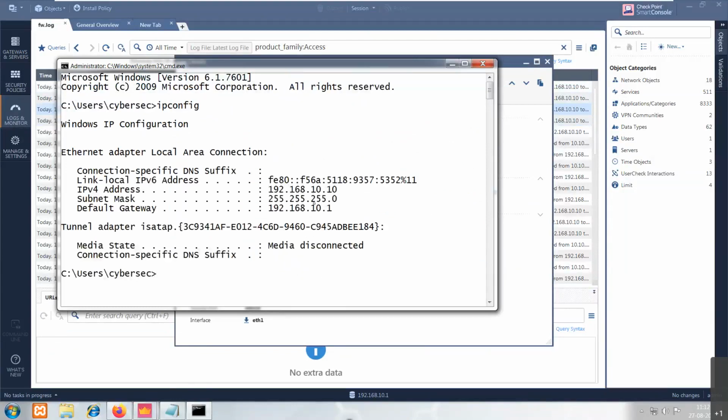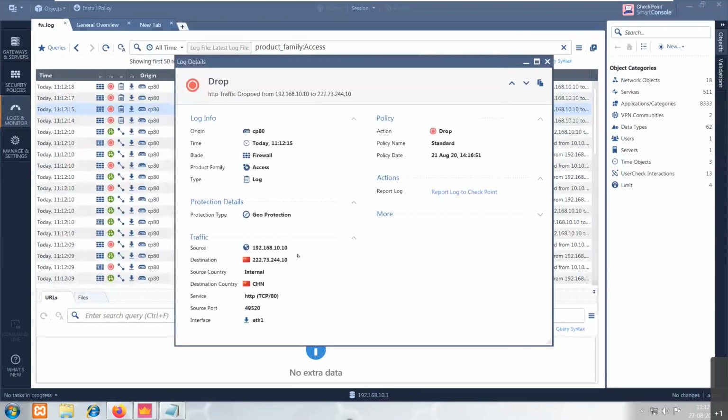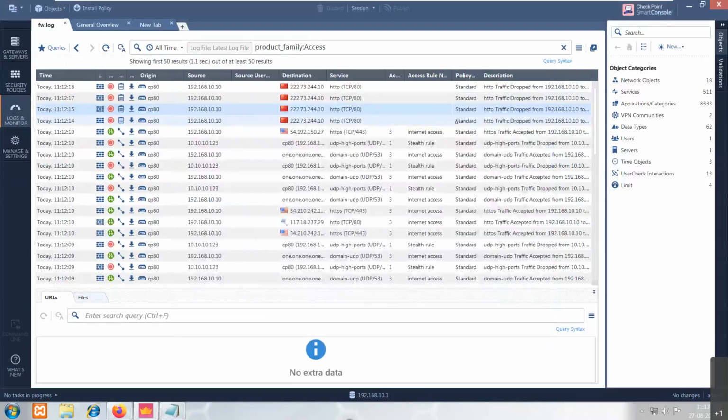So this is my LAN computer, 192.168.10.10. From this computer, it says you have a request trying to reach some server with IP address 222.73.244.10, right? And this particular server is hosted in China. And who is blocking it? The geo protection module is blocking it. So like this, whether some request has been accepted or denied, everything will be recorded in